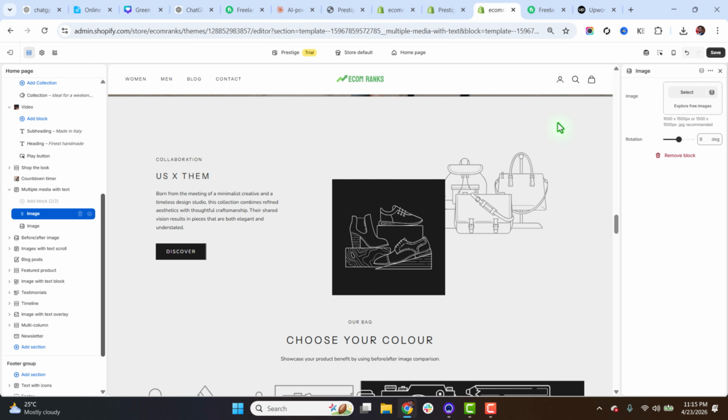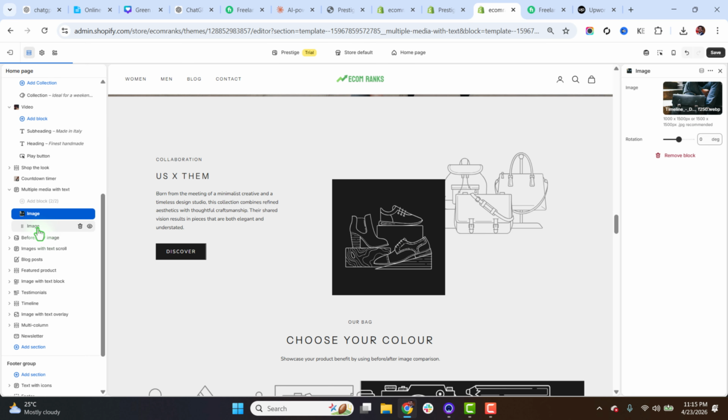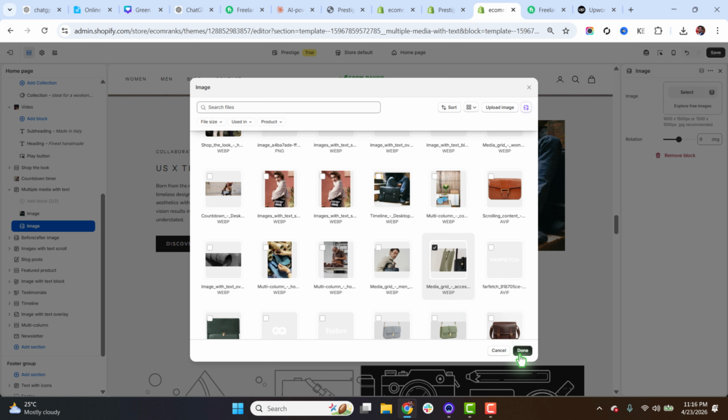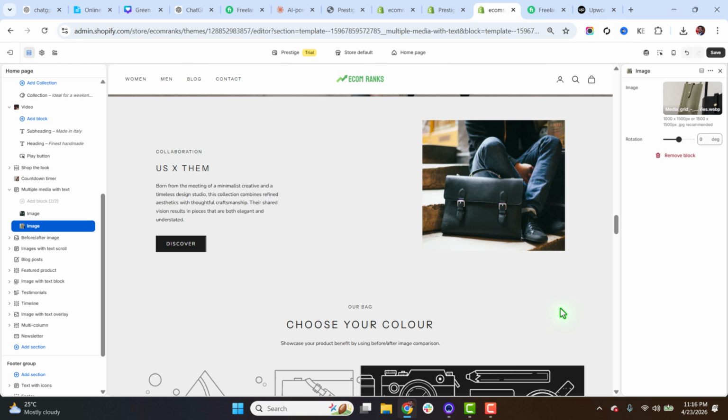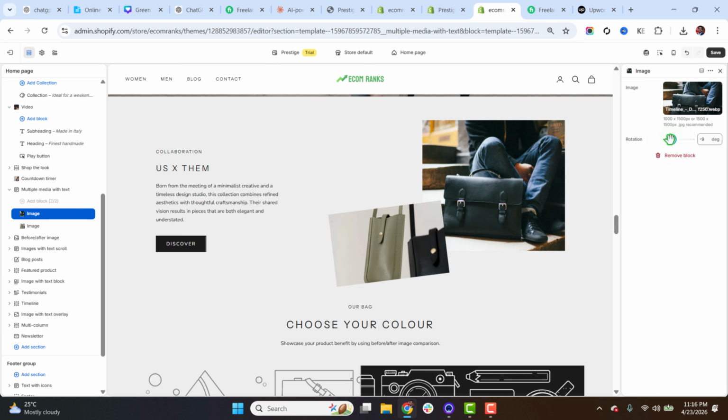Okay, so there are two images right now. Let me add any image for an instance. Let's select this one. And for the second image, let's add this one. Okay, so two images have been added. You can embed the images or you can plug and play with it to make the best layout according